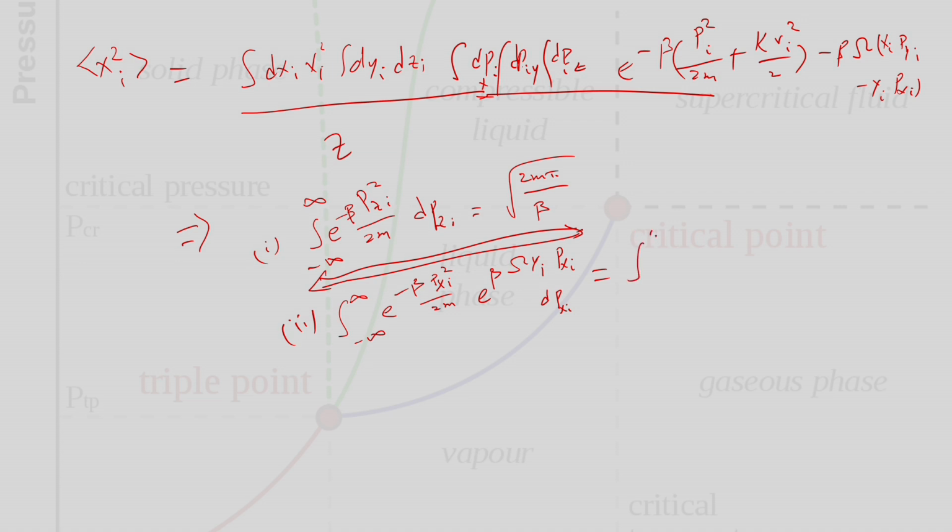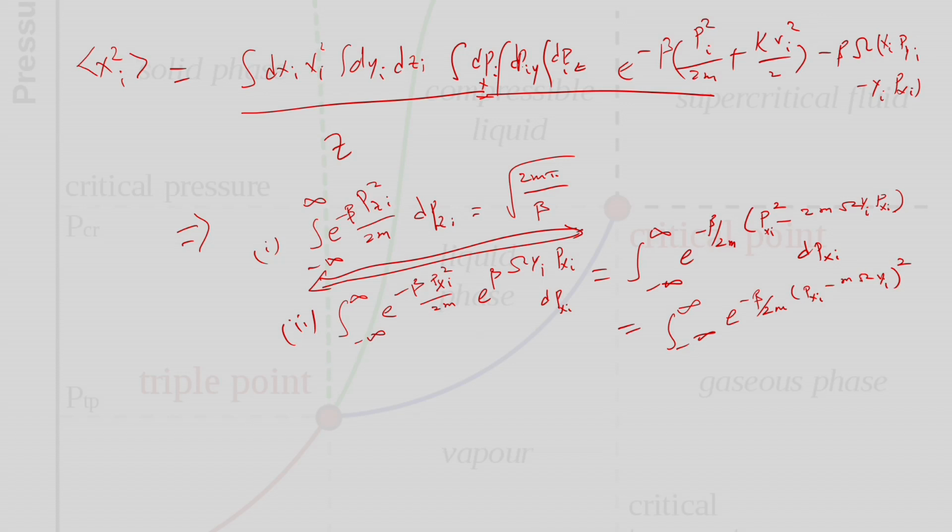So, I am going to rewrite this as e raised to minus beta over 2m, then this becomes p_xi squared plus or minus 2m omega y_i p_xi, dp_xi. So p_xi minus m omega y_i whole squared is going to be this, and then see, this is the completing